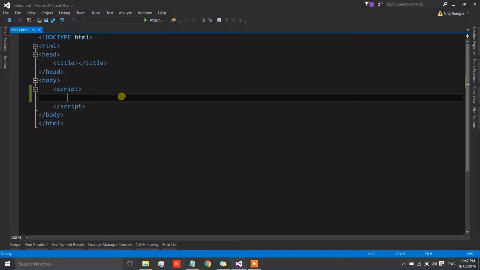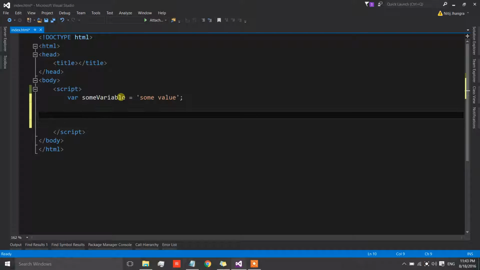So many times I have seen people creating new variables without using the var keyword. What we should do is we should always create a variable using the var keyword, and then we should assign some value to it. But oftentimes what people do is they simply omit the var keyword and they create a new variable. Now this code will work, because whenever we try to create a variable without using the var keyword, then this value will be added as a property to the global scope or to the window